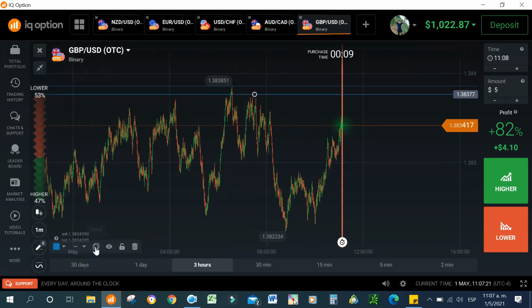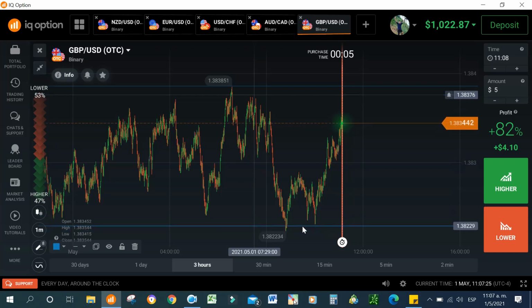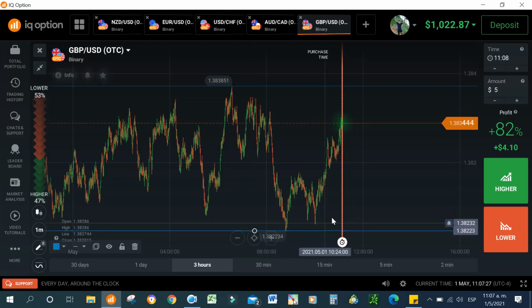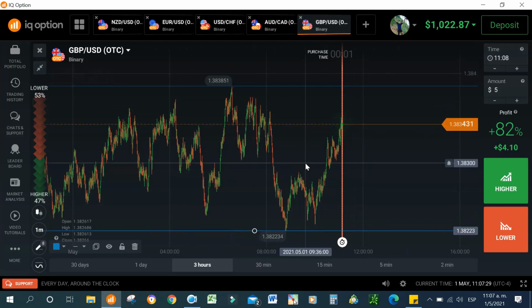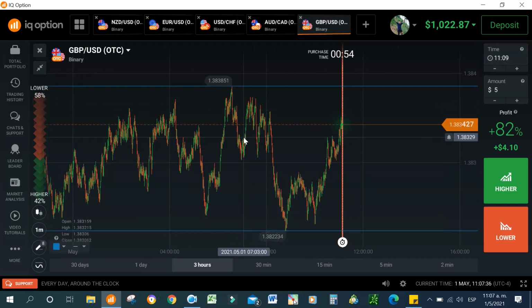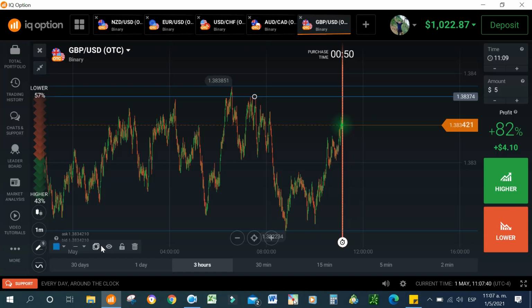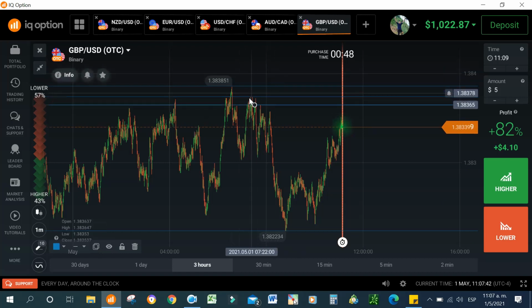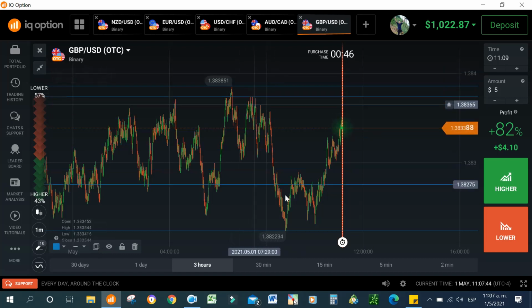I place my resistance, and then I take the lower low of all of this session. Remember, this is a 1 minute chart because I trade for 1 minute expiration. So then I take this high, I also take this lower low,